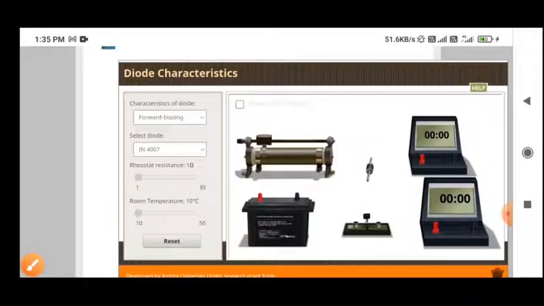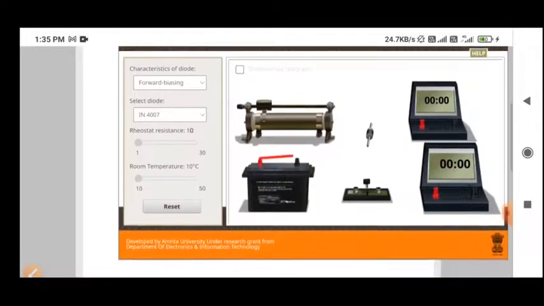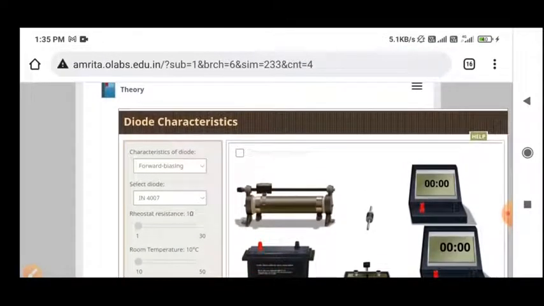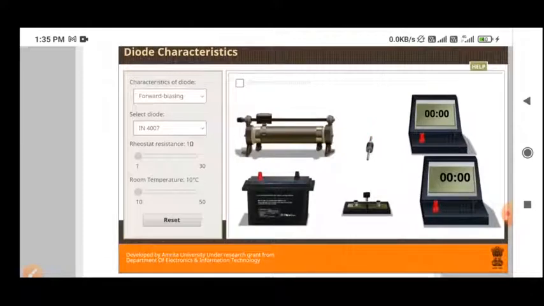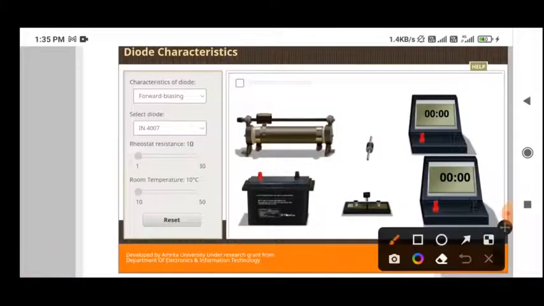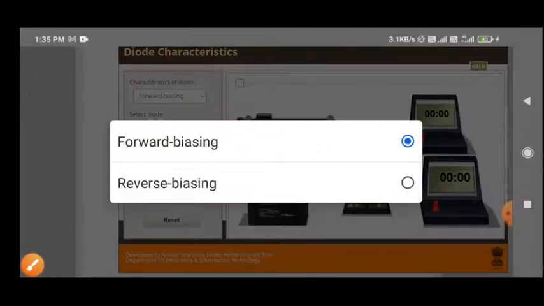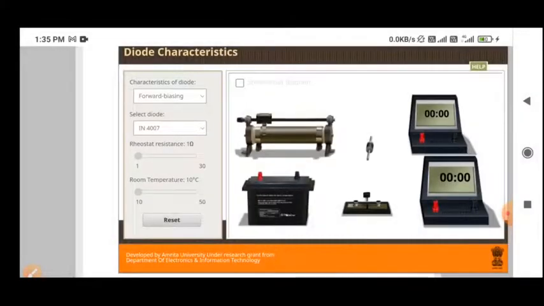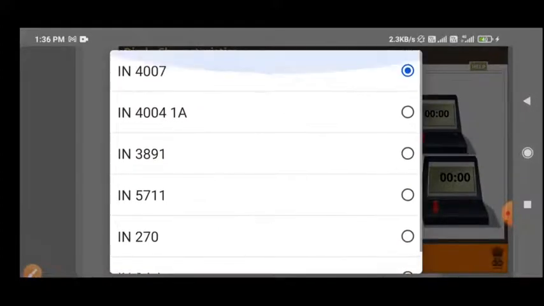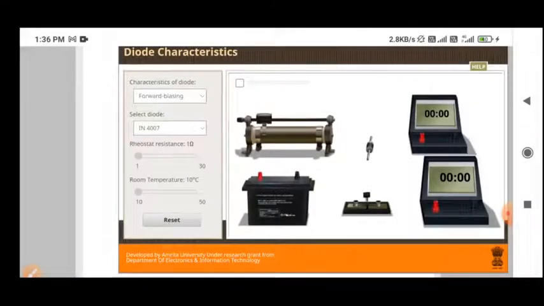Now we can connect any terminal by dragging it, just like you can see this kind of wire by dragging here. For this, first you have to make selections from here for the diode as well as the characteristics. For the diode there are 2 types of characteristics, forward and reverse. So first we are going for forward. Then we can select the diode here, a number of diodes are given, and you can select any one of them. Rheostat resistance and room temperature we will be able to select later, when we complete all the circuit